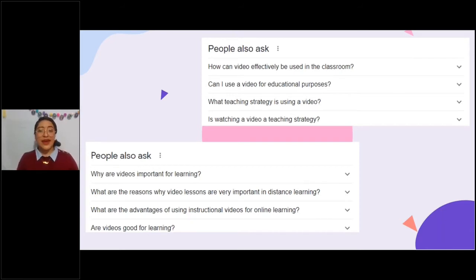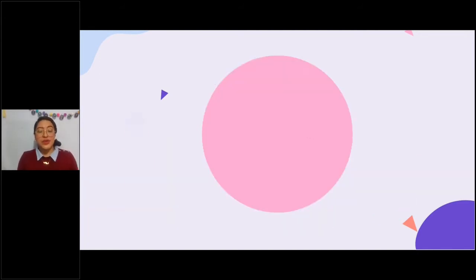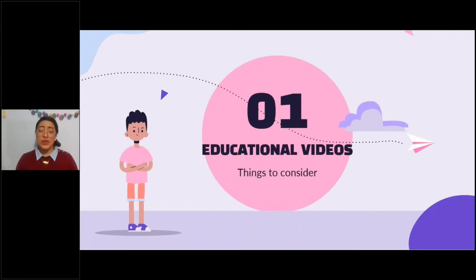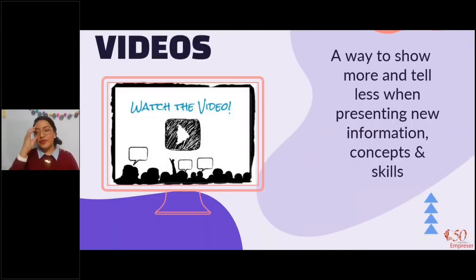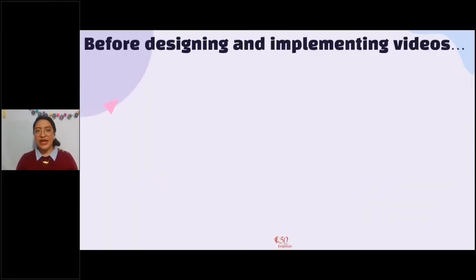And the way that I know that we are all concerned is because we are in this session. We are here to discuss how to use videos and do it more successfully with your students. So basically, using videos, as I would say, is a way to show more and tell less. It is about the students interacting more with the information by themselves and then getting to conclusions, and then teachers, you're just helping with specific concepts and to develop skills, right?